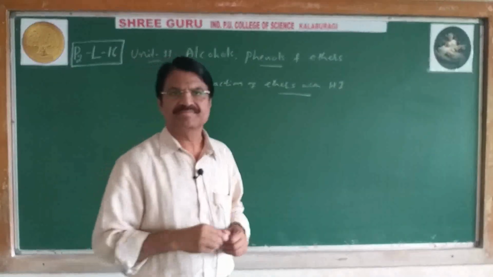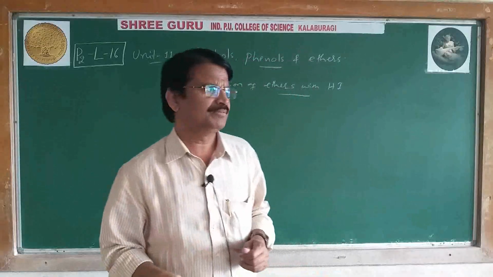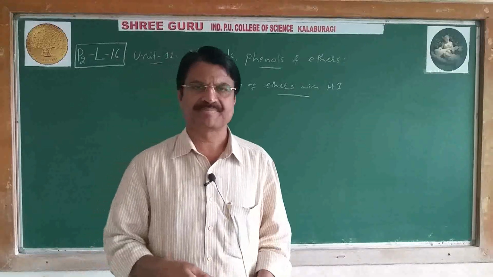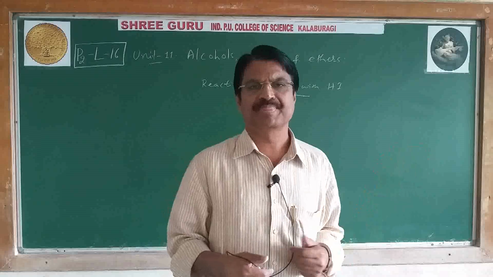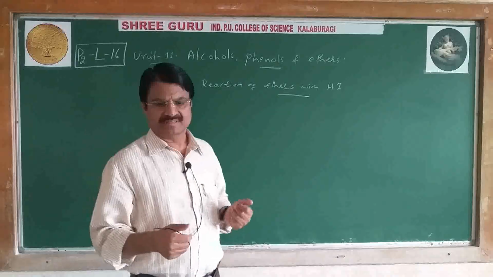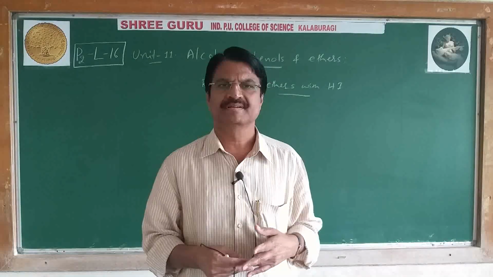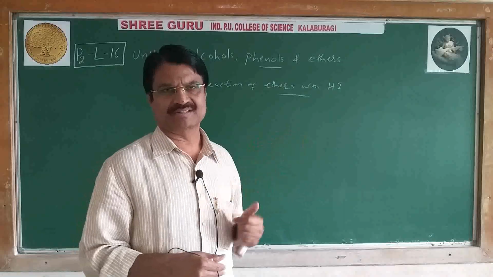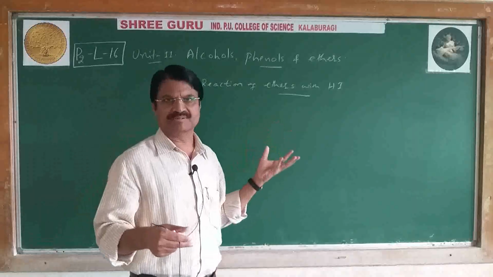We are discussing ether reactions with hydrogen iodide. The reaction of hydrogen iodide with ethers depends upon concentration and temperature. If it is cold and concentrated HI, it can form two compounds, that is alcohol and alkyl iodide. If excess of HI and on heating, ether can give only alkyl iodide. I will discuss this by taking different examples of the reaction of ether with HI.